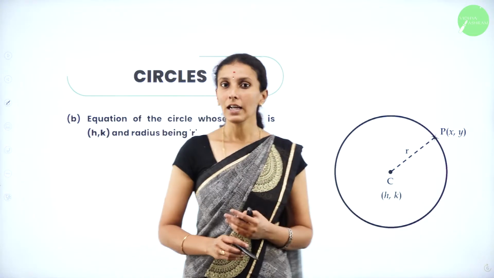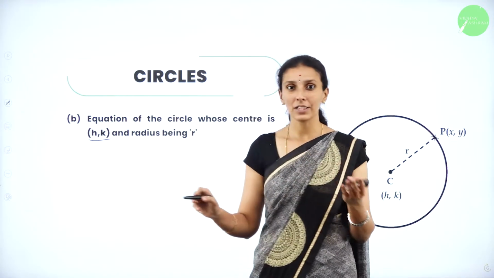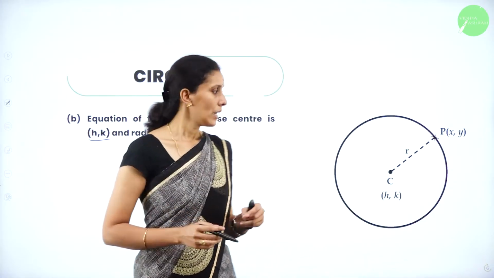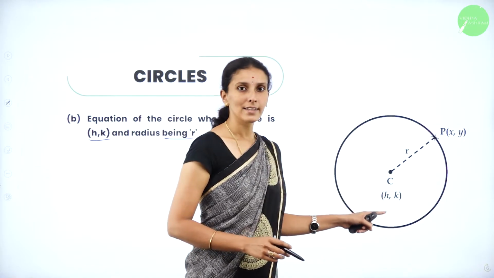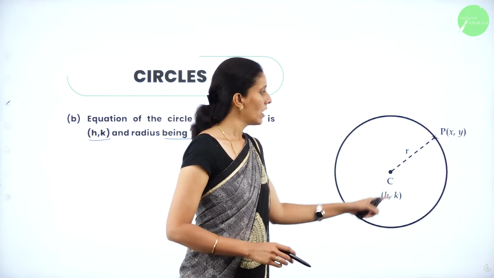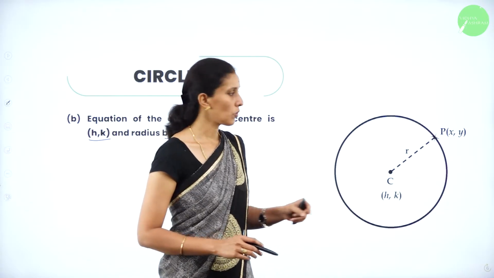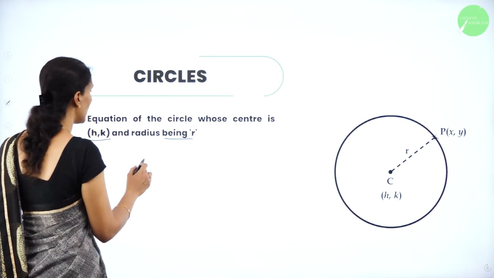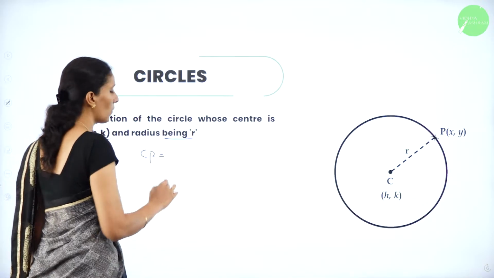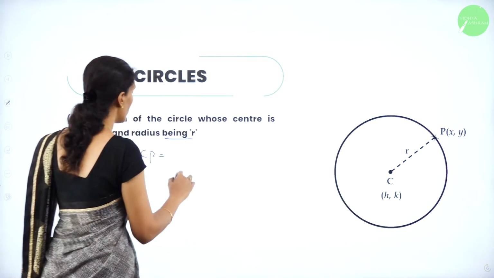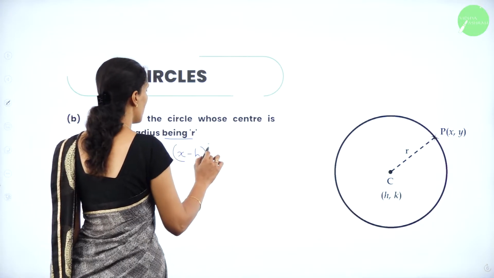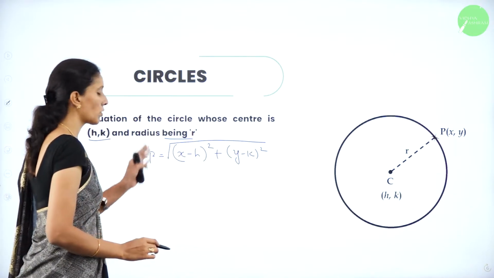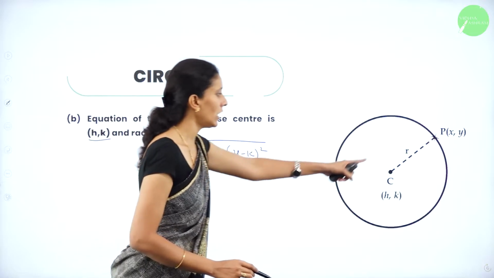Next form, here let the center be any point h, k on the coordinate plane and r be the distance of the radius. Now I have taken a circle whose center is h, k, any point on the coordinate plane. Now let P be the point on the circle whose coordinate is x, y. Again, by using the distance formula only, we can write CP is equal to, applying the x2 minus x1 form, square root of x minus h whole square plus y minus k whole square. Outside we have a square root. Now squaring on both sides, here CP is actually the radius.